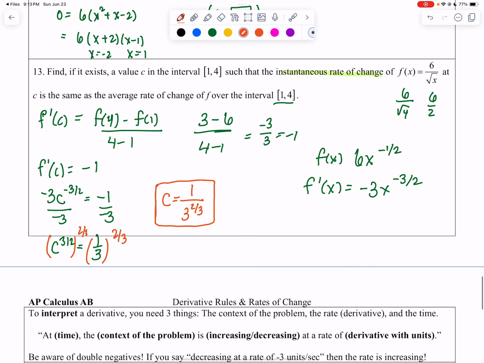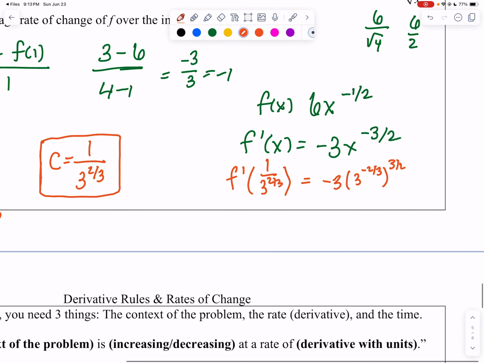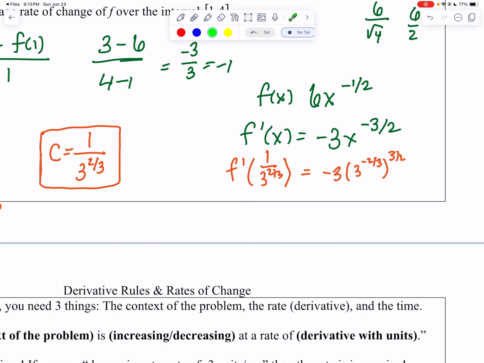All right, so what we're going to do is actually go back and plug this in to see that it actually works. So this is saying if I have f prime of 1 over 3 to the 2/3, this right here should give me negative 1 because that was my average rate of change. I'm going to rewrite that so that it's 3 to the negative 2/3. You'll notice that I have negative 2/3 and 3/2. If I do power to a power, that's just going to give me